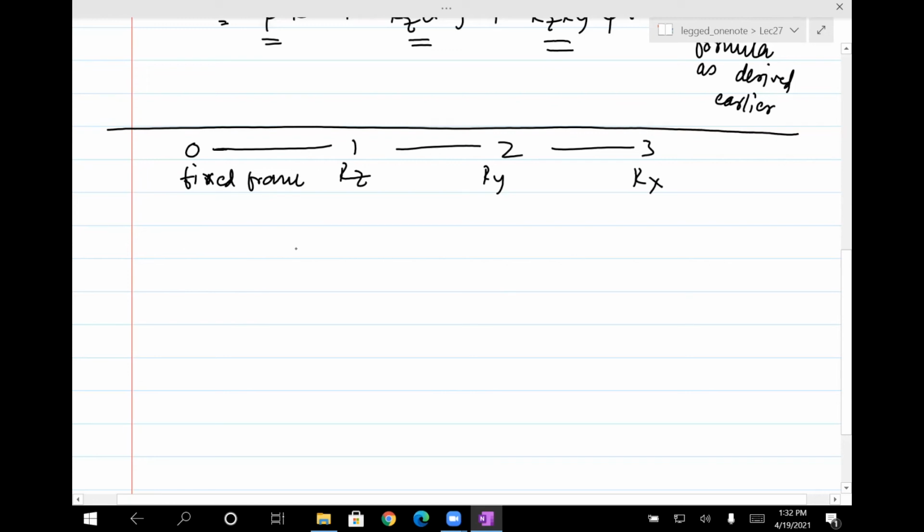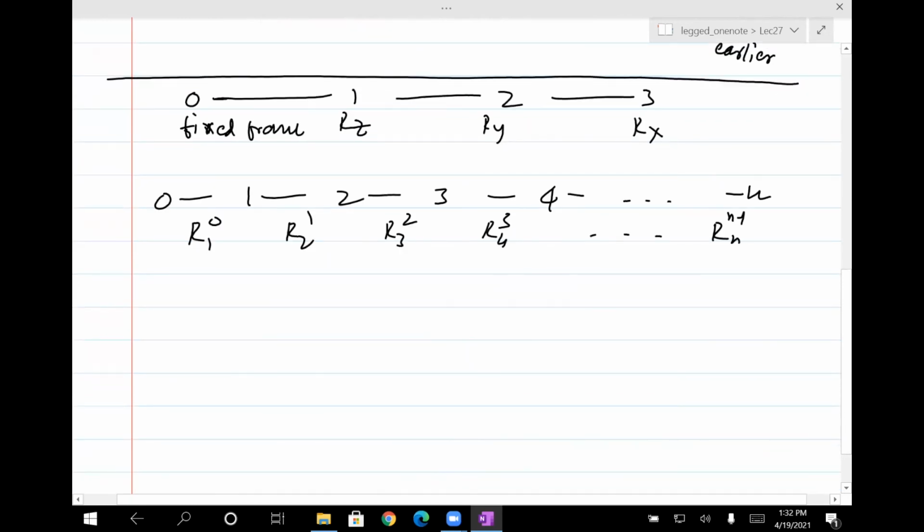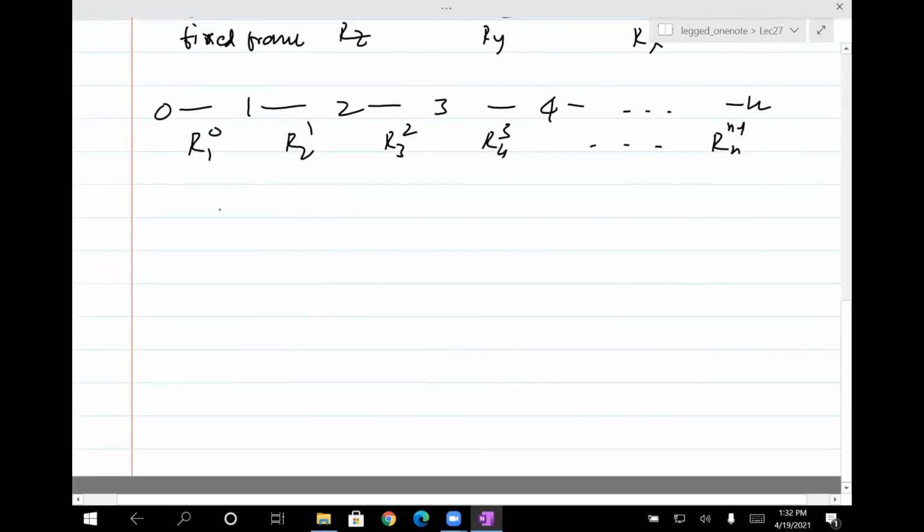Cleaner. So what if we have more rotations like this? So we have R10, R21, R32, R43, and so on till Rn n-1. So if you have this thing where you have multiple rotations, then you can actually write a formula for the nth rotation as follows. Omega n0 is omega 10 plus R10 omega